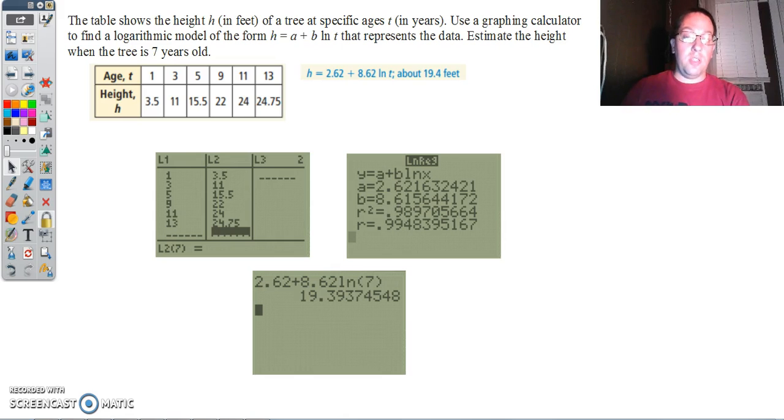Plug in 2 points or use your calculator regressions. I hope this